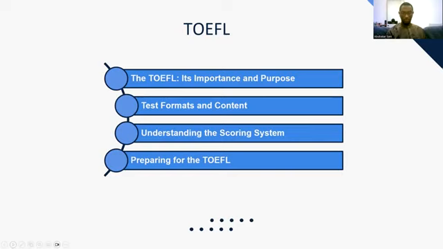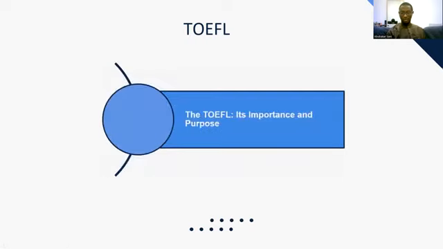And when we talk about English proficiency exams, they also come in different shapes. They come in different types. We have IELTS, we have TOEFL, we have Duolingo, we have others like SAT also. So all these are English proficiency tests. But one of the popular ones is the TOEFL, okay, which is organized by ETS. And TOEFL is important, okay? It's very important and it comes in different shapes.